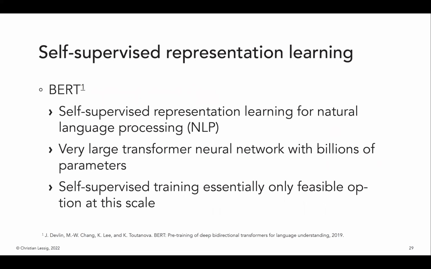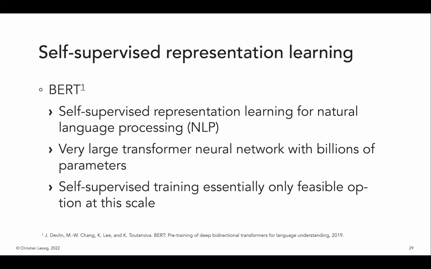I think what makes natural language processing always fairly relevant for us is that we have the same temporal aspect that a lot of the data in, for example, atmospheric or ocean science has here. Because a sentence has a clear order, one word follows after the other. And also the standard RNN models, sequential models, all come from natural language processing. So what we did here in this BERT work is we trained a very large model with billions of parameters. And if you have this amount of data, there's just no labeled data set available. So we had to essentially go to